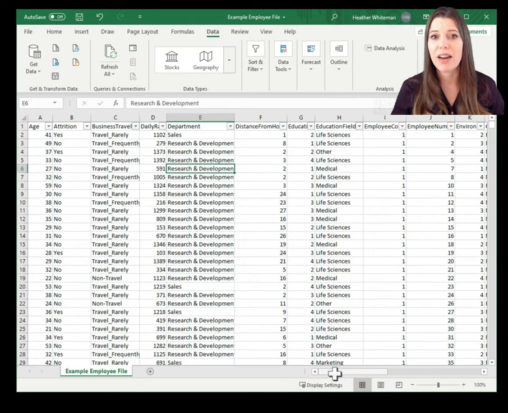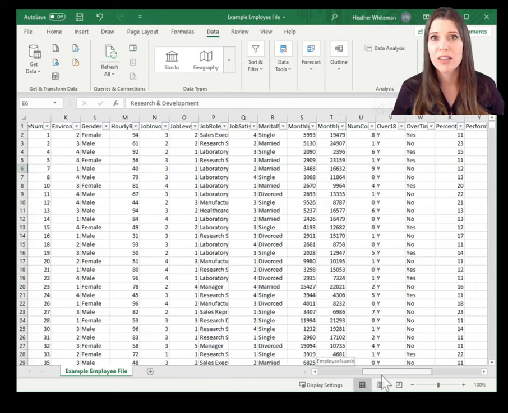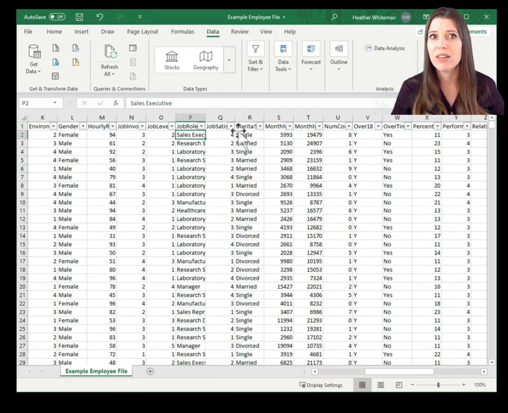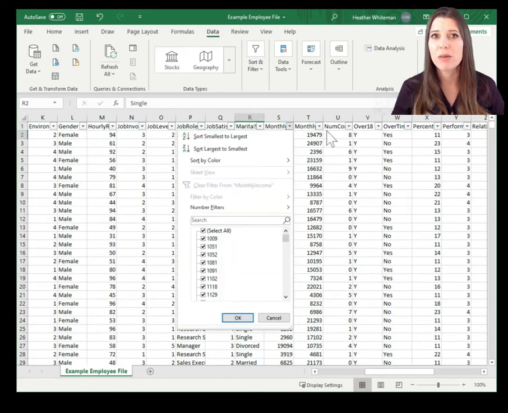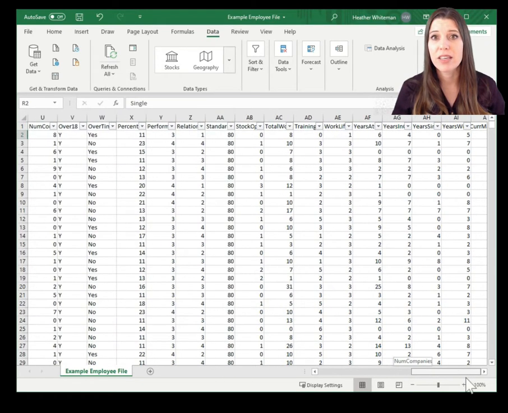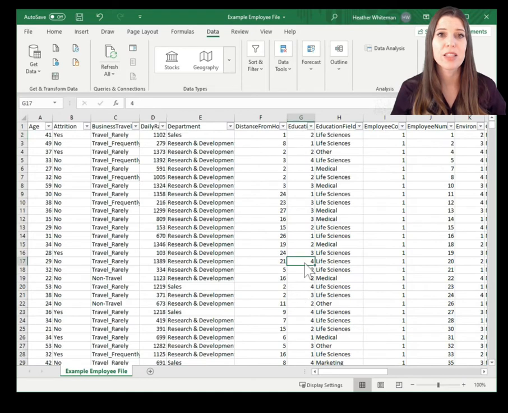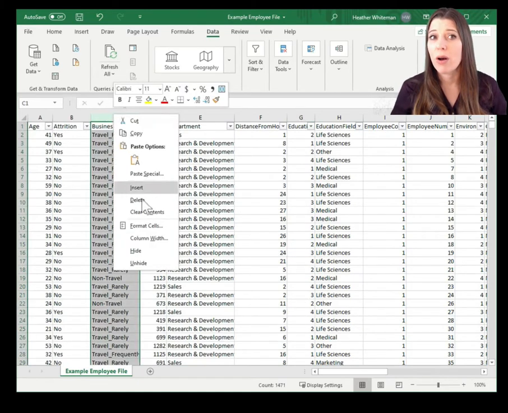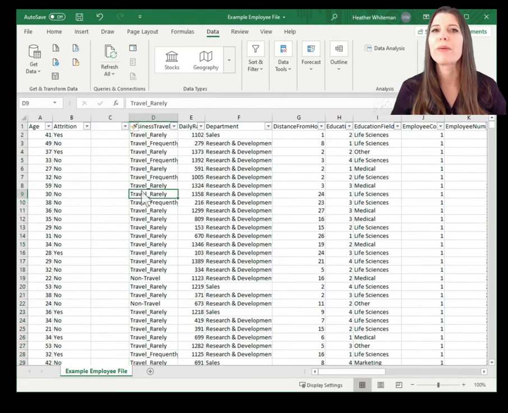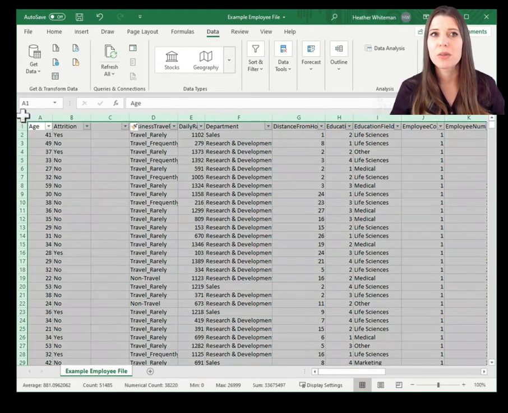So in this data file, if I scroll across, you can see there's a title and there are items in just about every single column. And that's perfect. That's the way we want it. I'm going to insert a column just to show you what it would look like if there was an error. So if for some reason you had a completely blank column, like I've just created here,